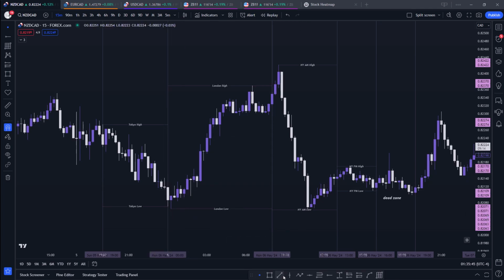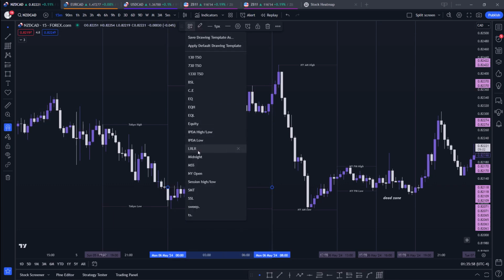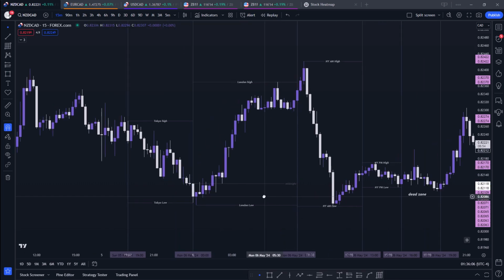So we do have opening prices. For example, the London session opened up at midnight. The opening price is right there. And that opening price for me is critical because that's how you know whether or not we are in discount or premium for the day. If I can just find my midnight opening price there. So right there, midnight price tells us we went cheap for the day because we opened at midnight, and then we went expensive, and because we're expensive we try to come back down to equilibrium. So us coming back down to the midnight price, which is our EQ level, is actually an